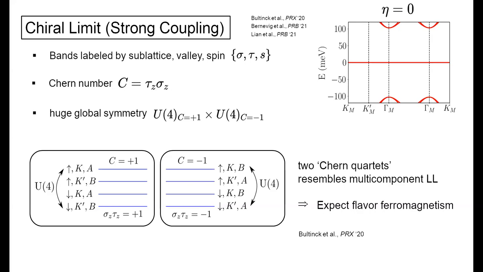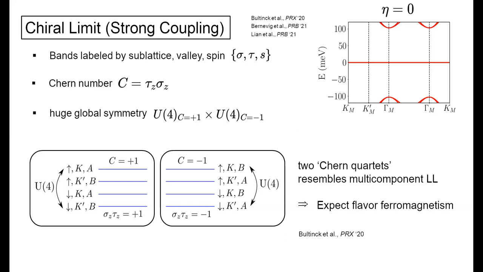So in this limit, you can label your 8 central bands in terms of 3 quantum numbers: sublattice, valley, and spin. And the Chern number of the band is the product of the valley and the sublattice. So this limit, which was really developed by Oshman's group, along with Nick Bultinck and